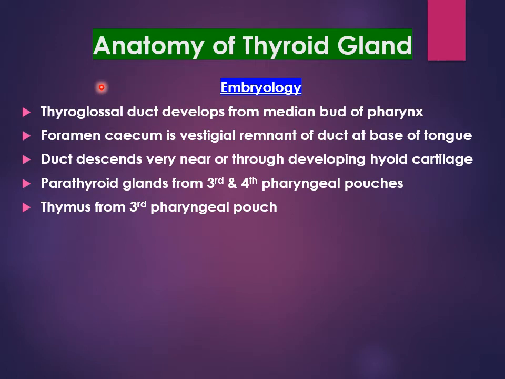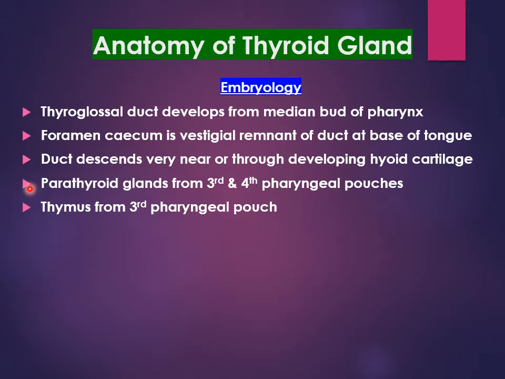Okay, we start off with the anatomy of the thyroid gland, and first some short notes about the embryology of this development of the thyroid gland, which develops at the base of the tongue. The thyroglossal duct develops from the median bud of the pharynx at the base of the tongue. The foramen cecum is the vestigial remnant of this duct. The thyroglossal duct goes down very near or through the developing hyoid bone,